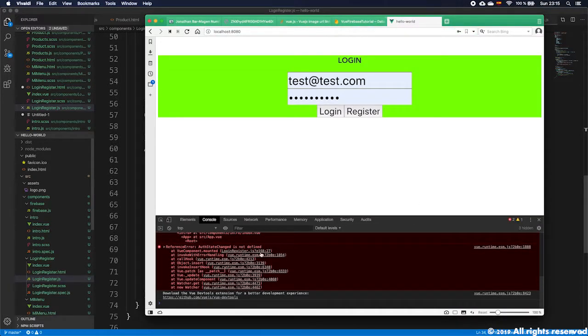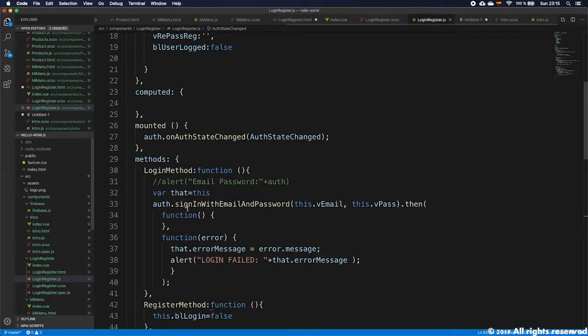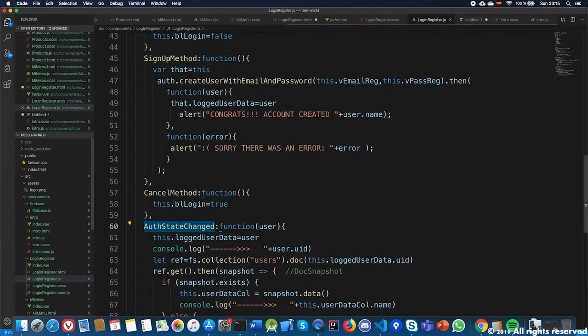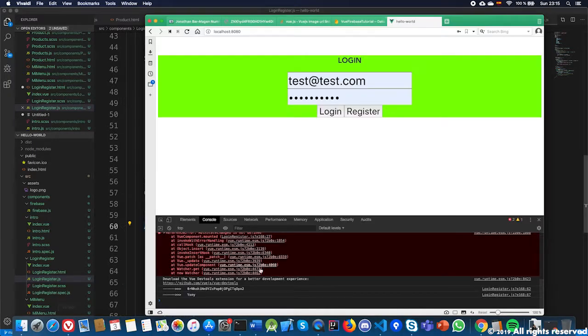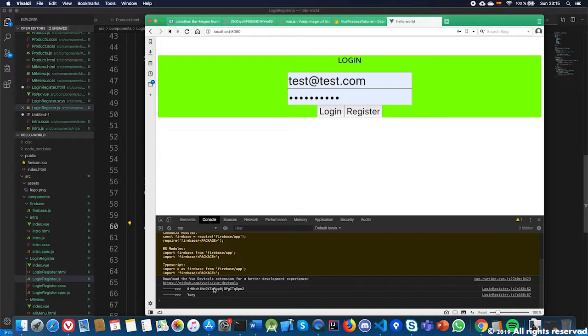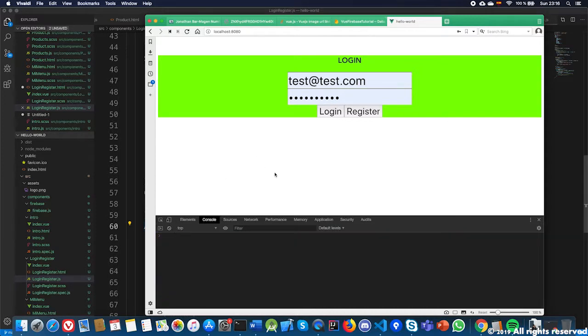yeah, and remember that if you want to call the function here, you always have to put a this before the name. That's why it's telling me it doesn't identify it. Right now, it's like this, okay? And I will explain why this is happening in a second. But let's clean the console and let's try to log in. If I do this,